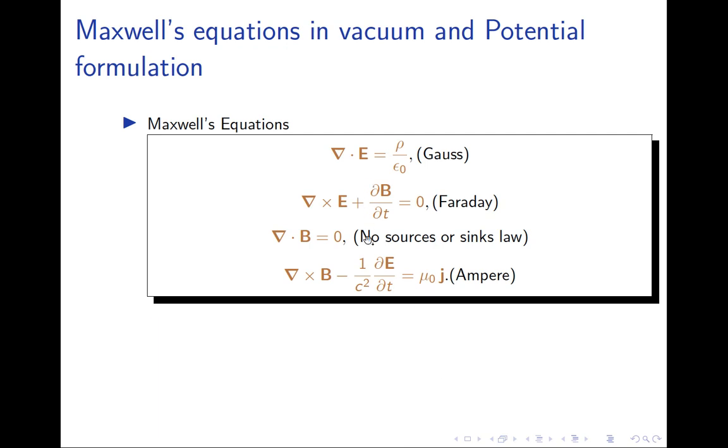So one thing I want to draw to your attention is the total number of equations in this block. This is a scalar equation. It has only one component. This is a vector equation, so it has 3 components, and this is 3 components. So 3 plus 3, 6, and 2, 8. It seems like there are 8 equations,